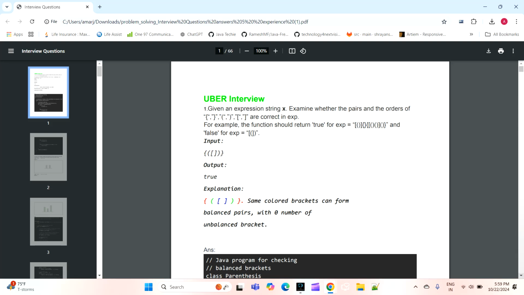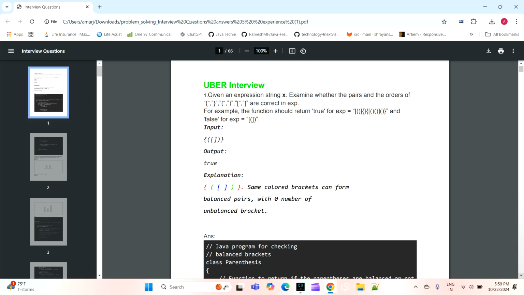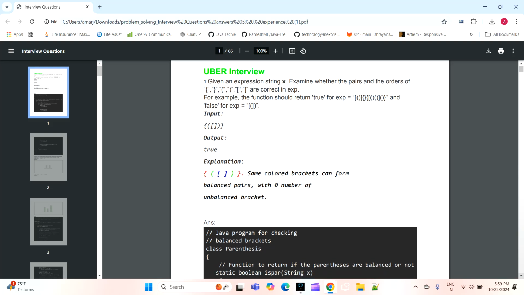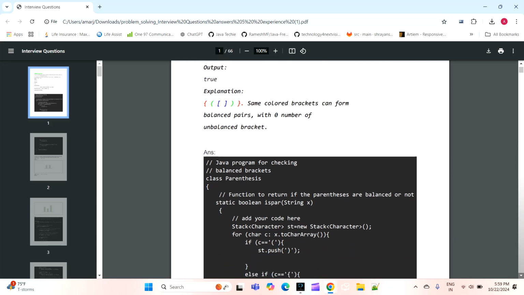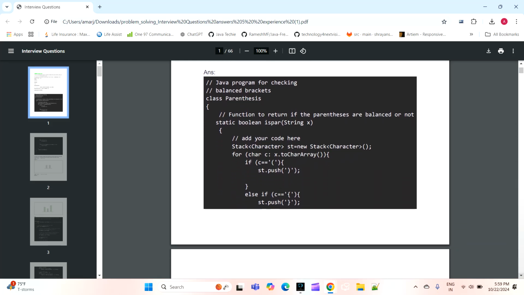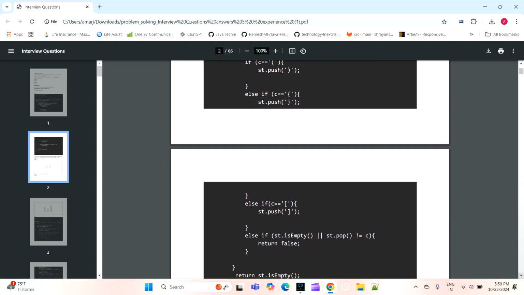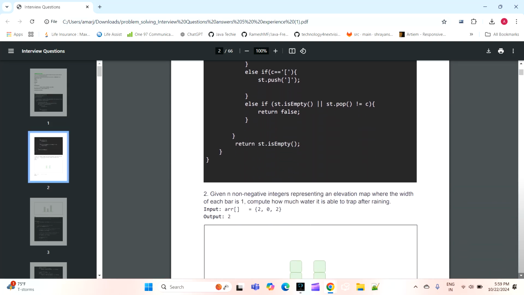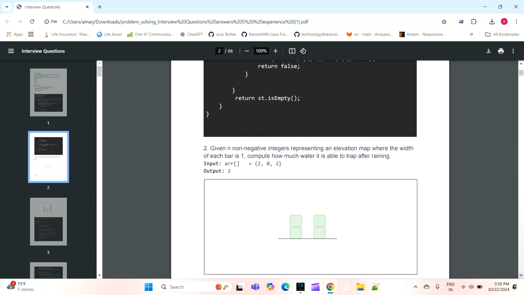Based on that we need to write the logic, and that logic will be based on Java. Here some appropriate answers are given for the first question. What are the appropriate answers? Like this one. We will insert the code or logic so that we get the proper answers for this. Now the next question is